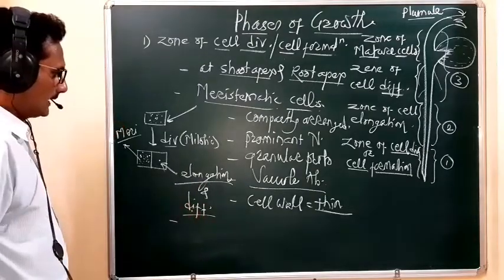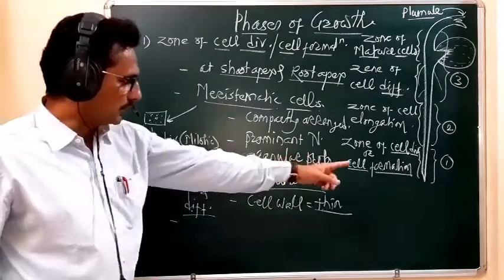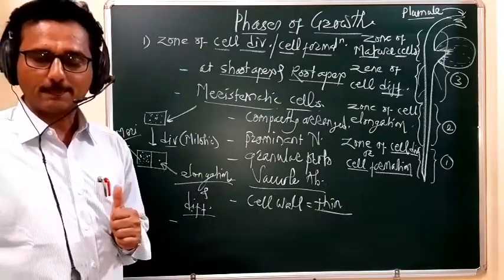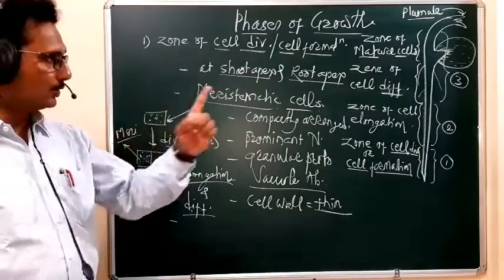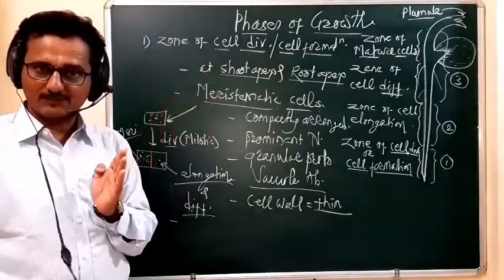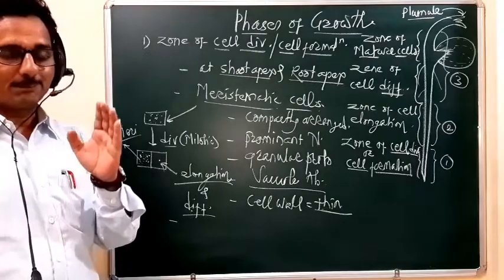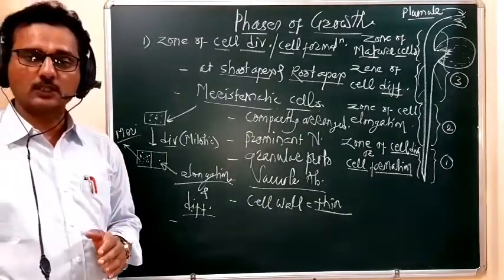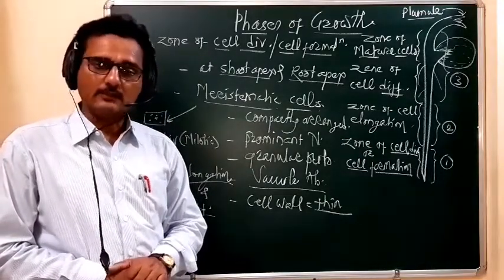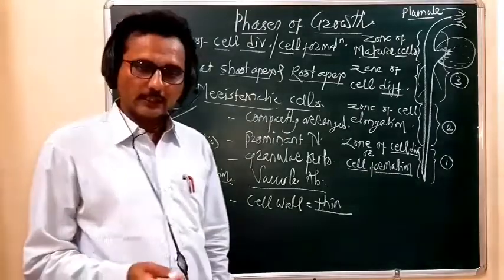So remember, students, this is the characteristic feature of the meristematic cells situated at the shoot apex and root apex. Because of this, the shoot apex and root apex sites show linear growth. That means they show growth in height, and because of such activity, the length or height of the plant body continuously increases.